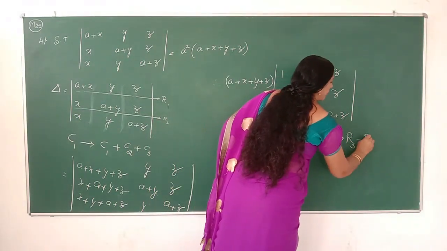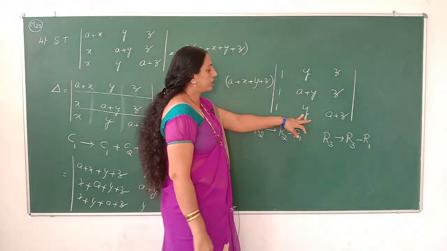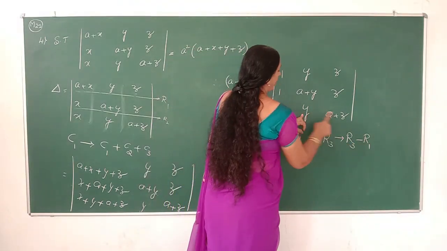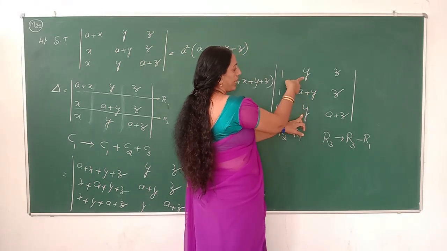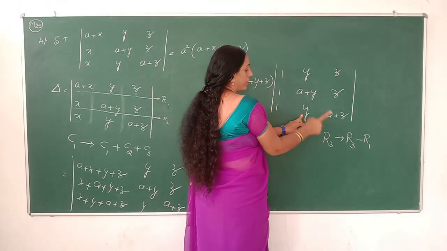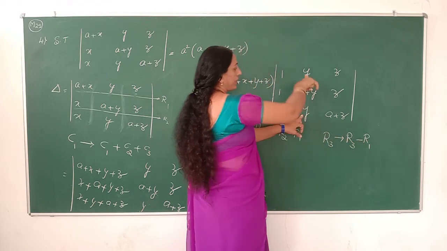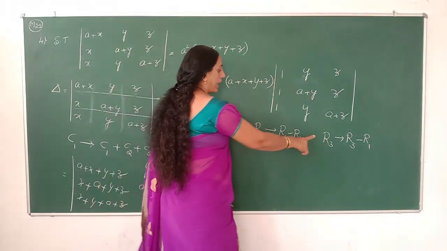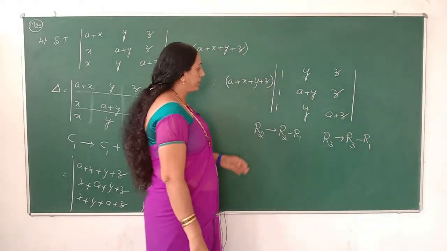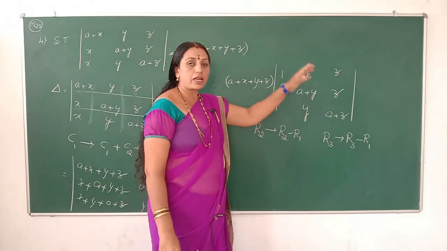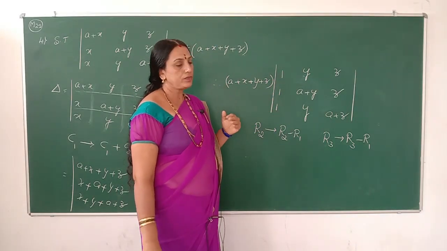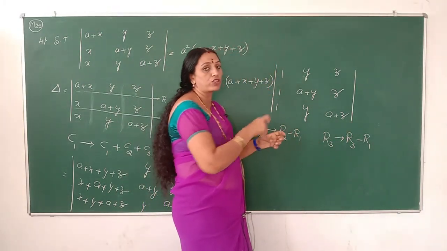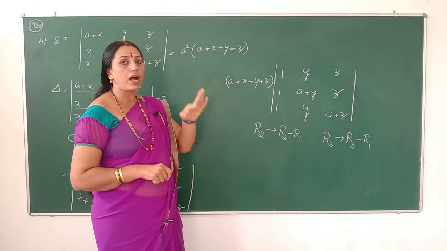But in this case we will use R1, because the second element of the third row directly becomes 0 after subtraction of R1. First, we observe these elements. Y and y are both the same. So therefore R3 can be subtracted with the corresponding elements of R1. That element is directly nothing but 0. So therefore R3 can be written as R3 minus R1. But in these cases R3 depends on either R1 or R2. So R2 always depends on R1, but R3 depends on the possibilities of both of them. So it depends on either R2 or R1.